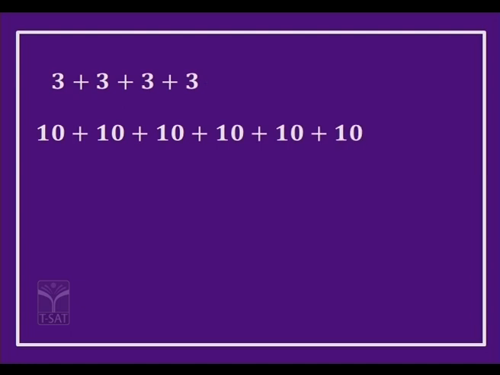Take a look at the numbers shown on your screen, children. So, you have 3 plus 3 plus 3 plus 3, and also you have 10 added 6 times. Do you know what this is called, children? Yes, repeated addition, which is nothing but multiplication. Now, how do you write this, children? Yes, since 3 is added 4 times, we write it as 4 times 3. Whereas here, 10 is added 6 times, so we write 6 times 10, isn't it,